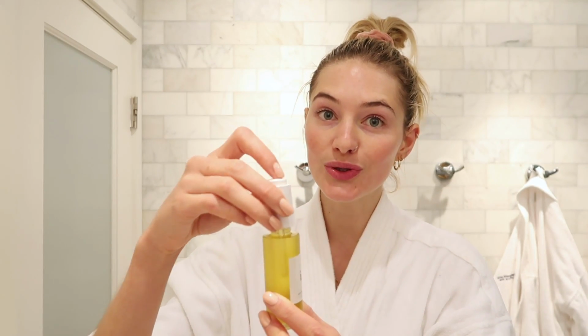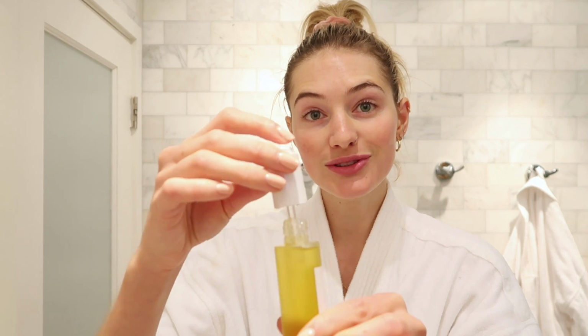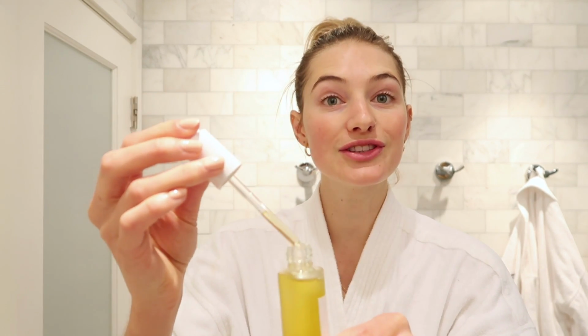It has cucumber seed oil in there, strawberry seed oil, and it also has a little CBD in there, which kind of heals the skin. So whenever you have acne or anything, the CBD kind of works the skin itself. So I'm going to add a couple of drops,